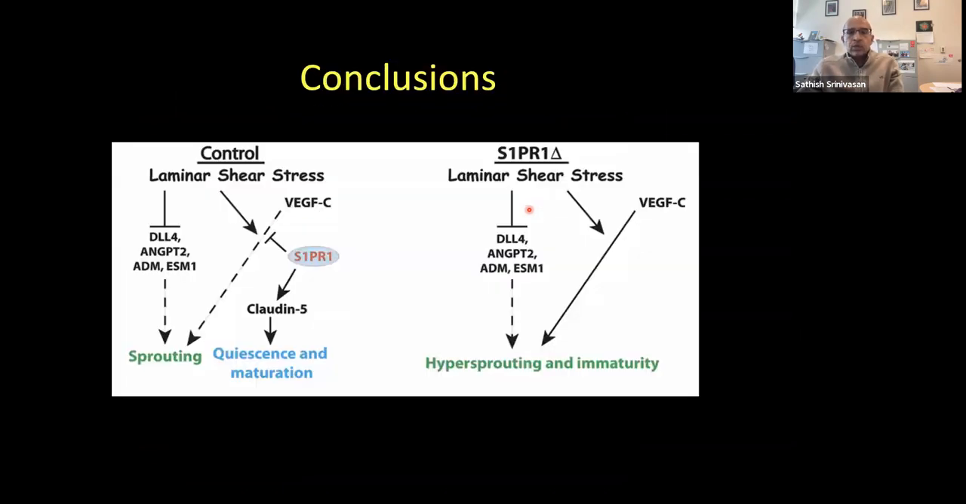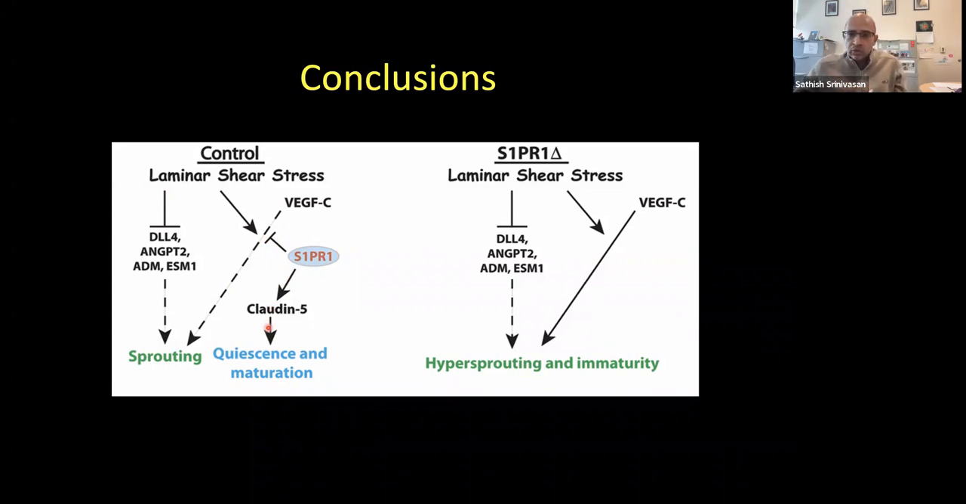Okay. So this is the conclusion for our study, right? In a control context, you have laminar shear that does 2 things. Paradoxically, it's doing 2 things simultaneously. One, it inhibits the expression of tip cell markers, which are important for sprouting, of course. And on the other hand, it's enhancing VEGF-C signaling, which could do 2 things. It can promote sprouting, but in the presence of S1PR1, it's able to regulate the quiescence and maturation of lymphatic